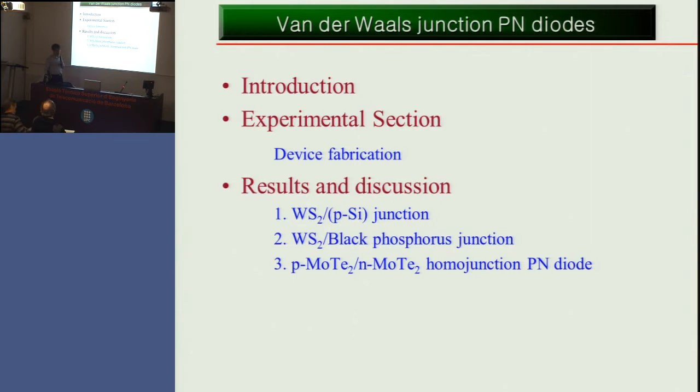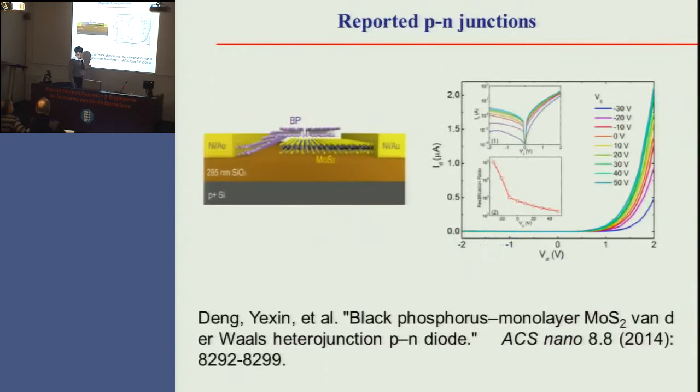So far, that is some introduction. Let me go into the real experimental sections here. First of all, I'm going to concentrate on PN junctions made out of two-dimensional materials. In 2014, there was the first report of PN junctions made of two-dimensional materials. The BP stands for black phosphorus, so it's made of many layers of phosphorene.